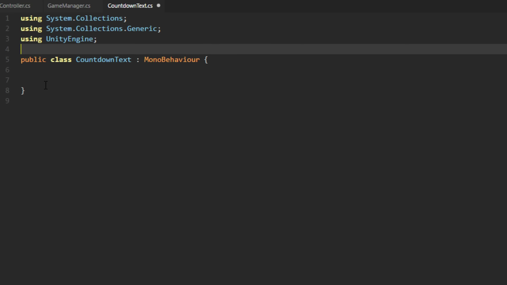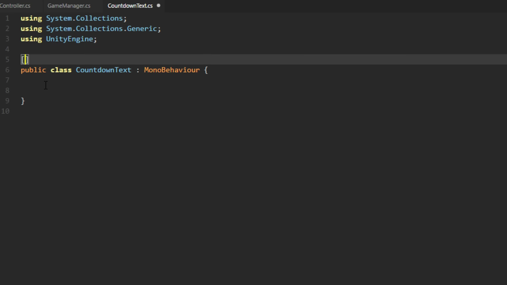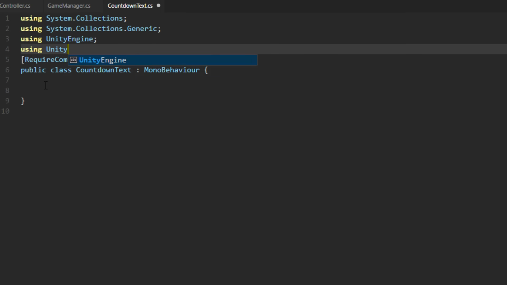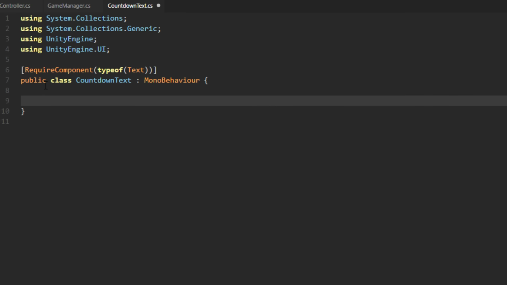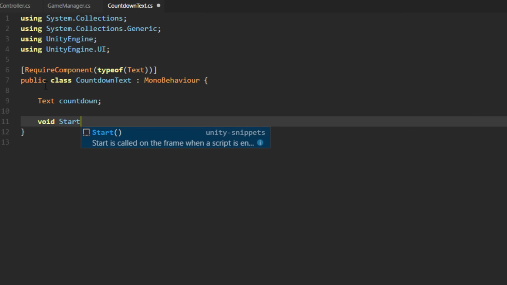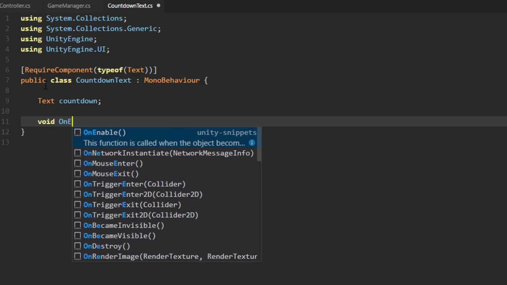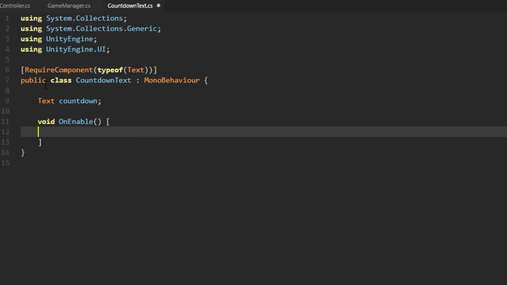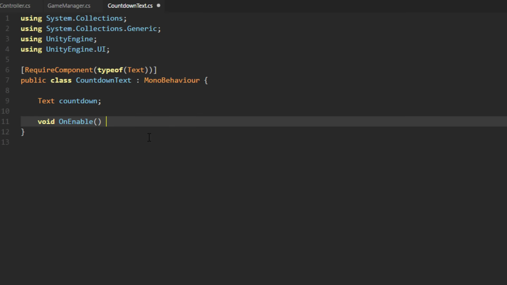Okay, so we know that this class depends on the text component. So we can say require component, type of text. With that, we need to make sure that we're using UnityEngine.UI. And we're going to have that text reference. So we'll have a text called countdown. And instead of start, we'll say on enable, because we won't be listening to an event, but we're going to,